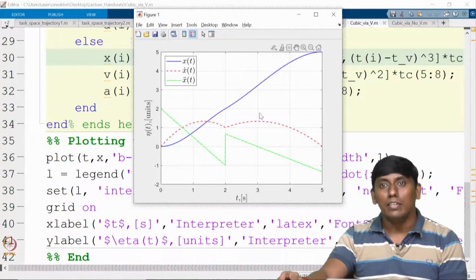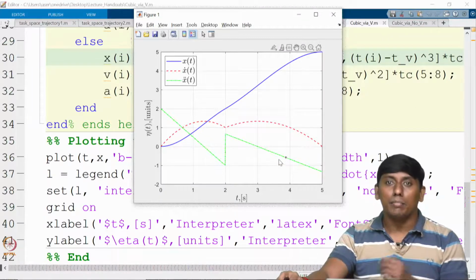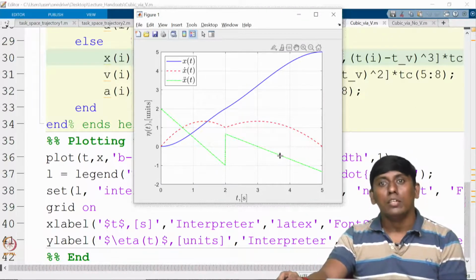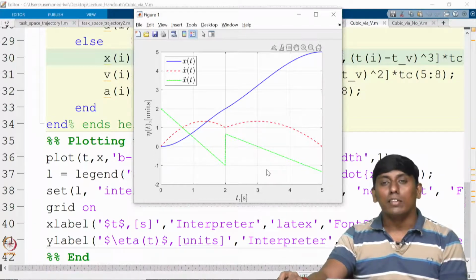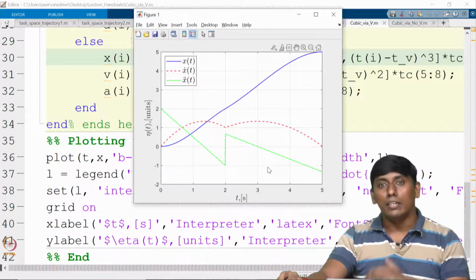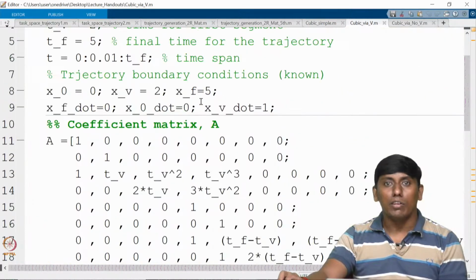You can see there is a jump in the velocity, however it is smooth, but if you look at the acceleration it is sudden, you can say a jerk, in the sense that it is non-smooth. The first segment ends with acceleration somewhere here, and the second segment's acceleration starts from here. So this is unexpected, that's why we said it is non-smooth. If your actuator is capable enough, then we can go with this, otherwise we have to go for something with no velocity specified.